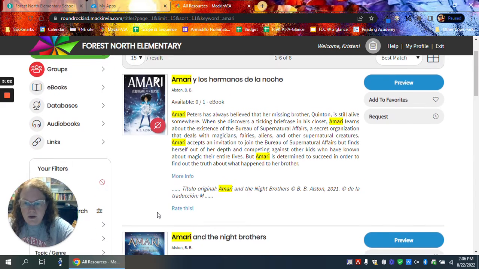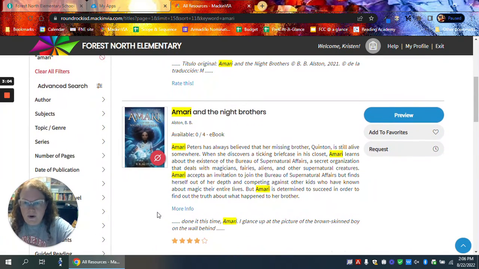It's a Bluebonnet book. Here it is. Right here I can see Amari and the Night Brothers, available 0 of 4 ebooks. So if that's the case, that means there's 4 of them, but they are all 4 being read by 4 other people right now. So what you can do right here is click Request so that you can get on